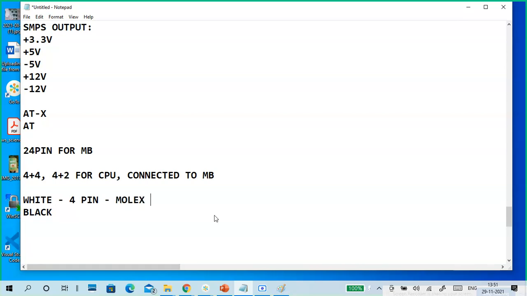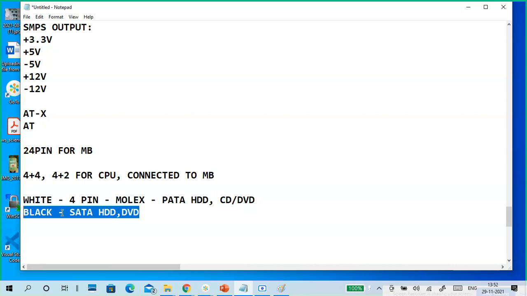That is called a Molex connector, for a PATA type hard disk, or CD or DVD connectors, PATA type. The black one that I showed is the SATA type hard disk, or a SATA type DVD.